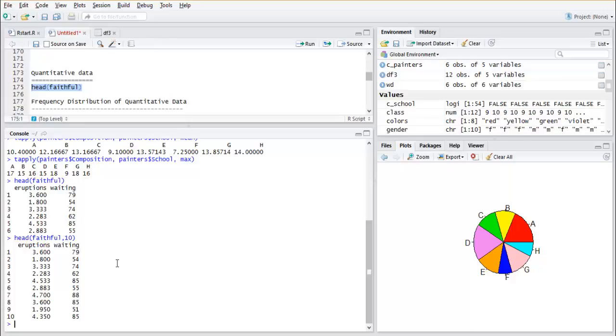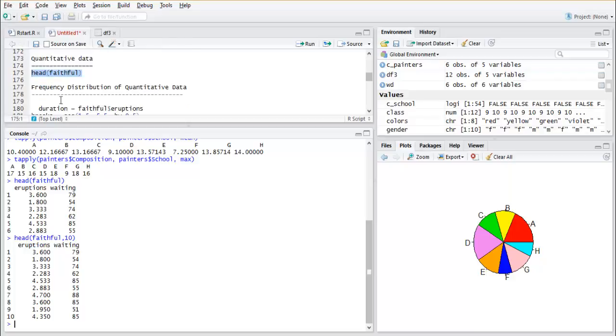So eruption is how much duration, this data set is about the eruption of a volcano. So for what duration the eruption came, and what was the waiting time for the eruption to come. So basically for us there are 2 variables. One is eruption, one is waiting. Let's quickly plot the frequency.